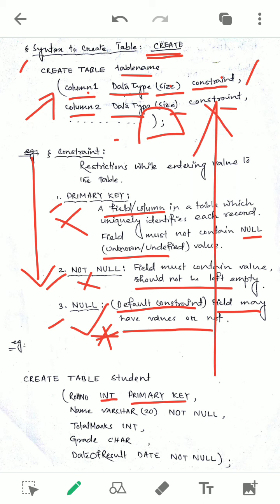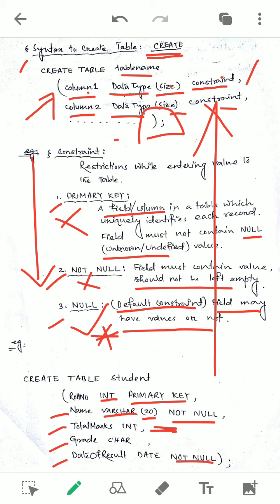So here we have given a comma. The next column name is name, then data type varchar, then size is given as 20, see in your book, then the constraint is given as not null, then comma, then total marks int. Here nothing is given for the constraint, which means null, okay, the default constraint is null. Then likewise grade, then date of result, which is not null.